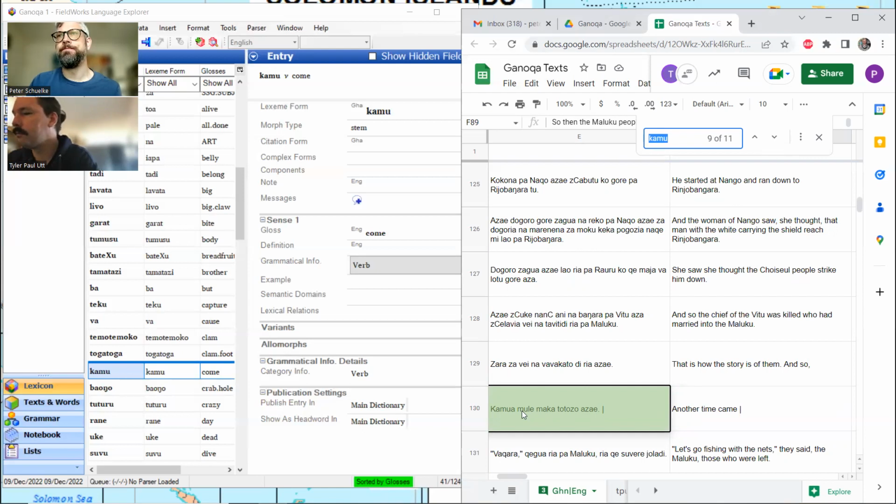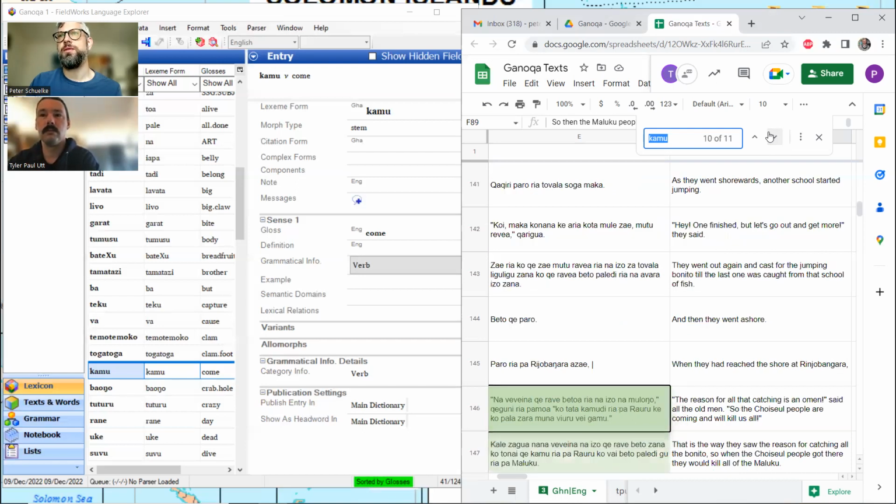Very nice. Maybe we call both of them come and we don't have a difference yet. For kamu, arrive seems to fit quite well. You don't think so? I do think kamu fits very well with arrive. So what's the difference? Arrive has an endpoint, but coming does not specify that it's endpoint. It's just about a direction, right?